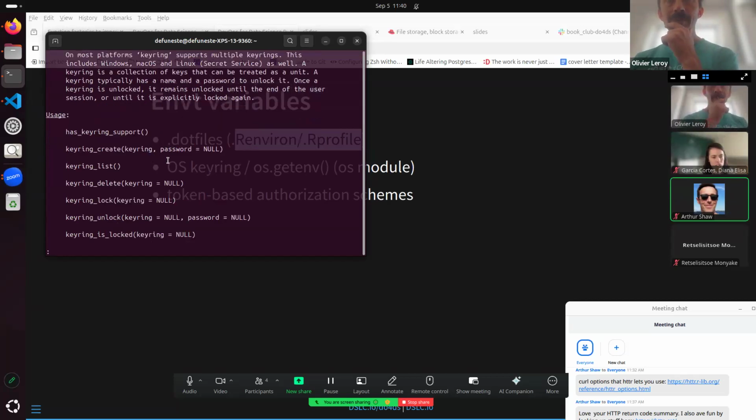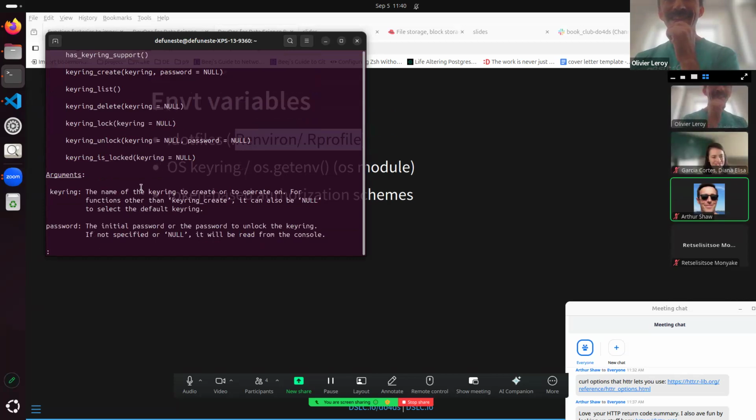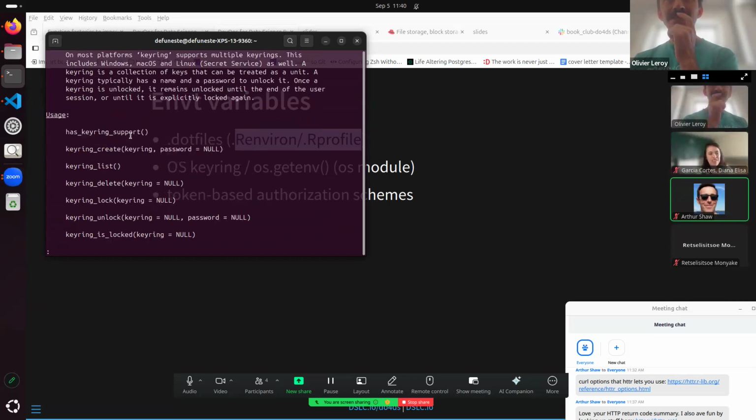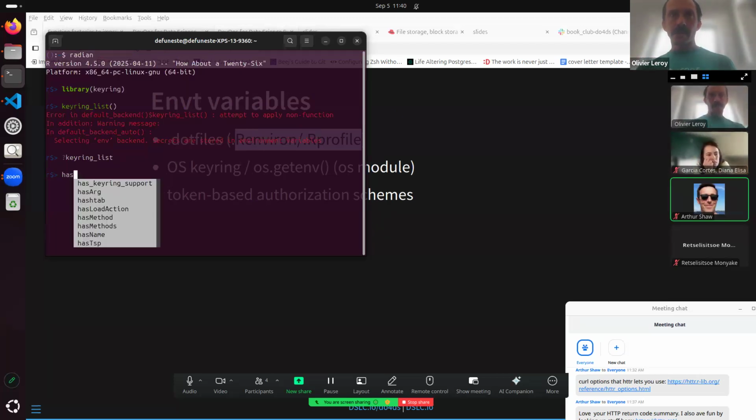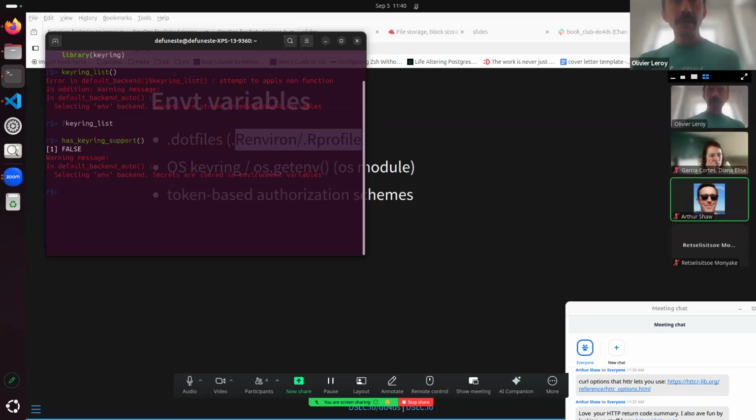I just tested previously, it works. Is it the correct one? Well, let's see. Keyring support, let's be stupid. False, why not? Well, I don't know. I have previously done it and it worked, and I have my keyring stored here